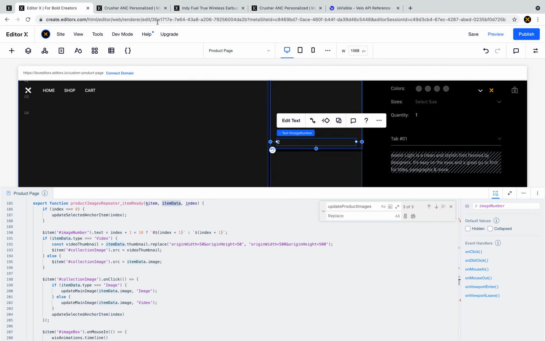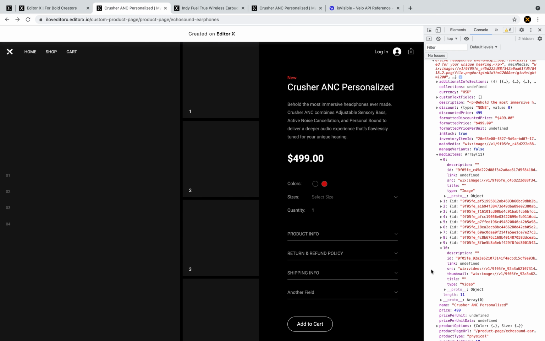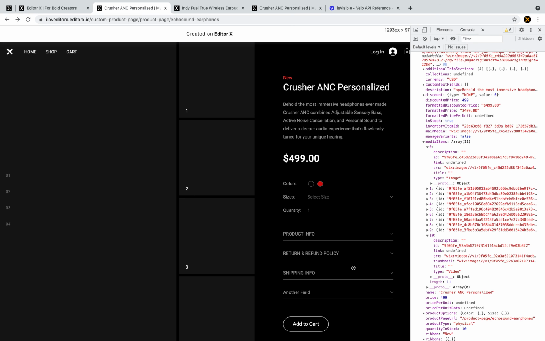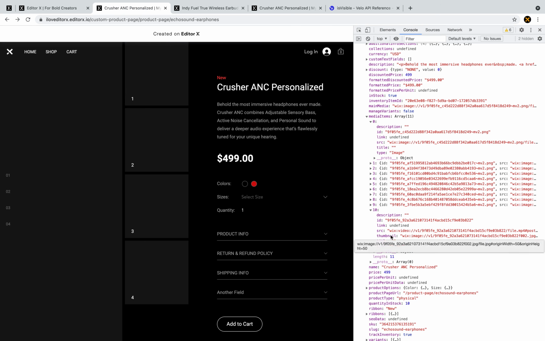Okay, this is quite important, because you can see that this information, this is the thumbnail of the video, but if you look closely, you can see that the origin width is 50 height and 50 width, which makes the image